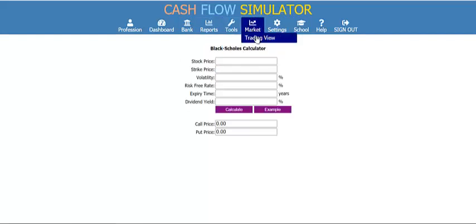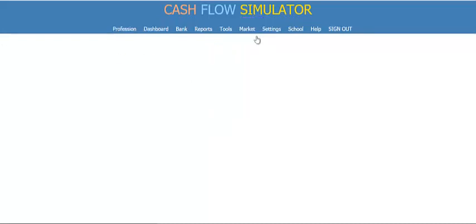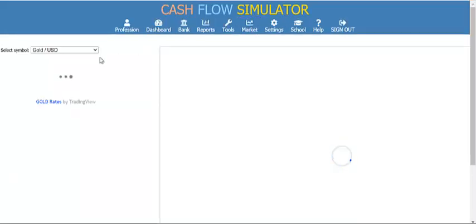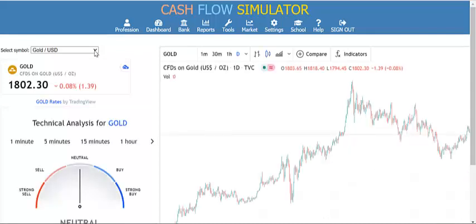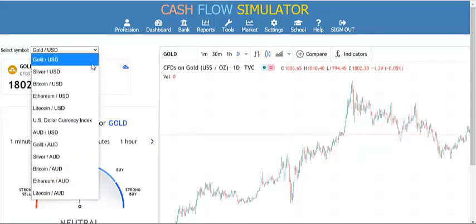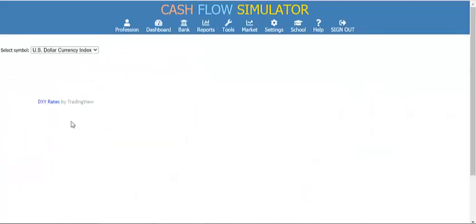Okay, so we also have a TradingView on here for what we are going to be doing with the stock market parts. Here we can actually see some real values for gold, silver, Bitcoin, Ethereum, Litecoin, US dollar currency index, Australian dollar to US dollar. We have quite a few of these in here. So for example, we can have a look at the US dollar currency index,